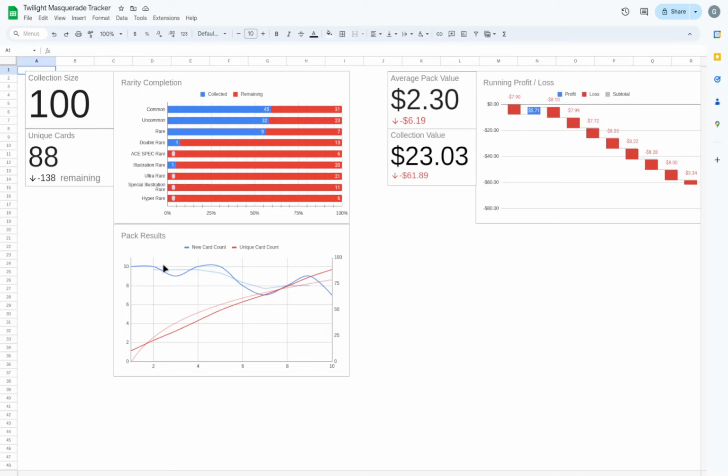This pack results graph is showing those metrics here. The blue line is the new card count, so that's the number of new cards that we are opening per pack. We can see here we started at 10. The lowest that we've had so far has been 7 new cards in a pack. But as I mentioned, I expect to see this come down quite rapidly now that we've collected